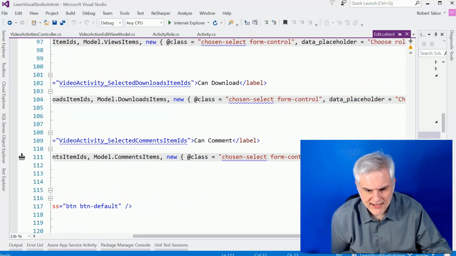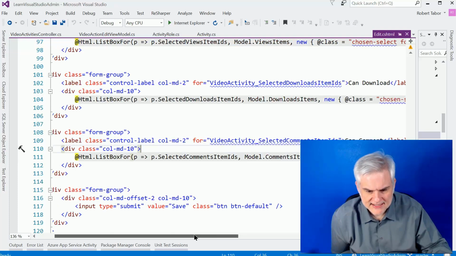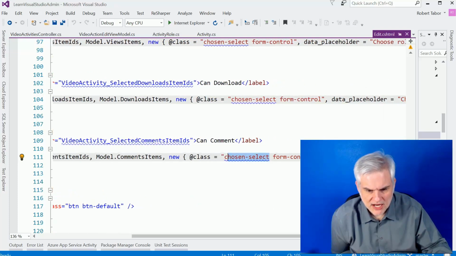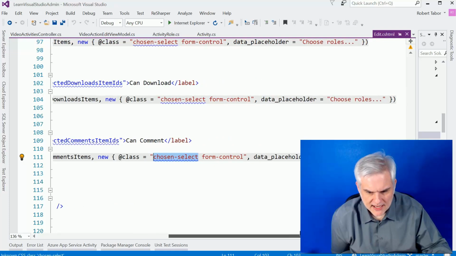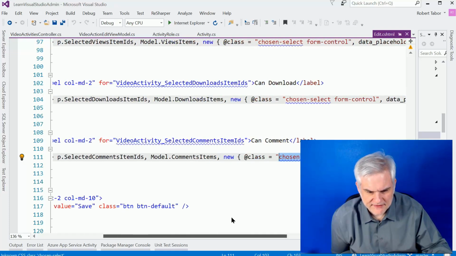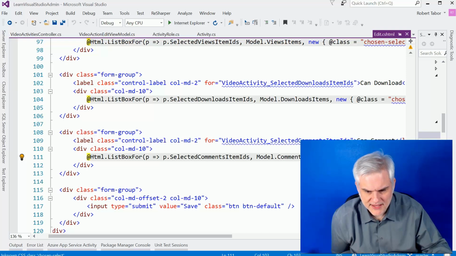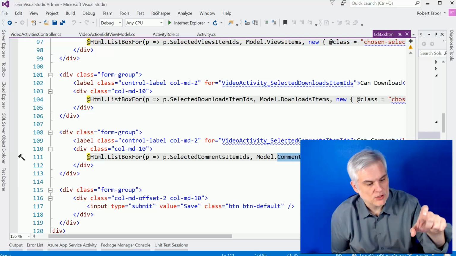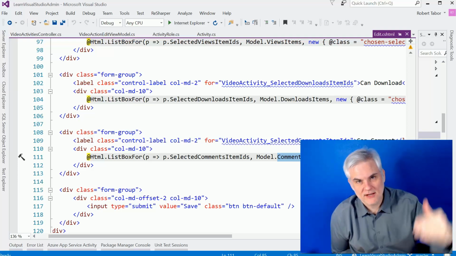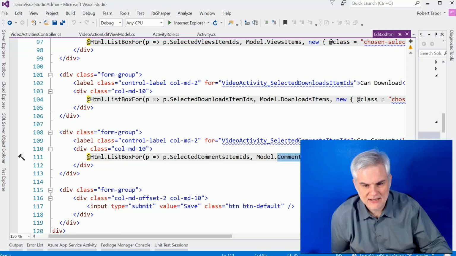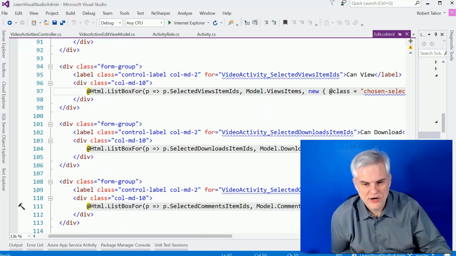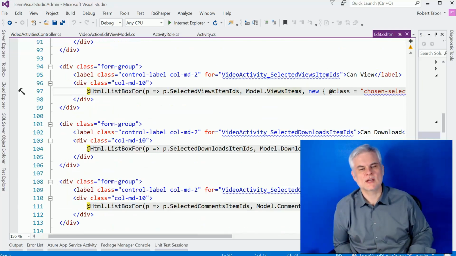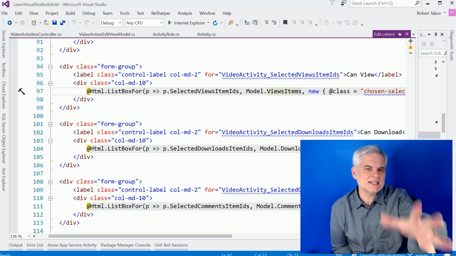But then I apply this chosen select in order to use that JavaScript library called chosen, and it'll give me a lot of the functionality. But I do need to give it a couple of things like the selected item IDs from the array of strings, and then also the actual roles that should be available in the drop-down list box. So I do this for downloads, for comments, and then for viewing only for the video. Okay, huge explanation, but the concept is this,